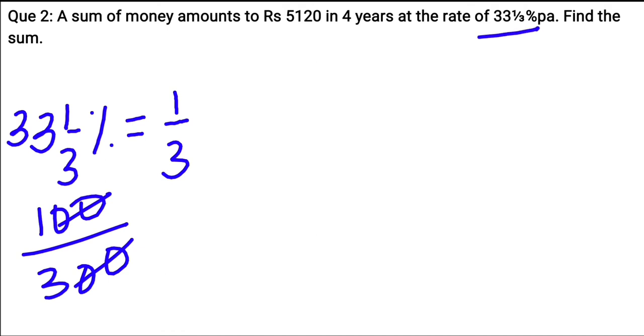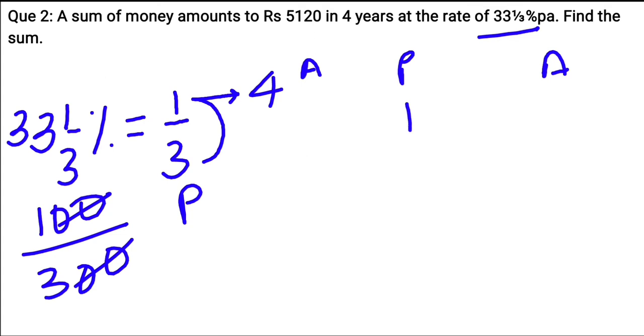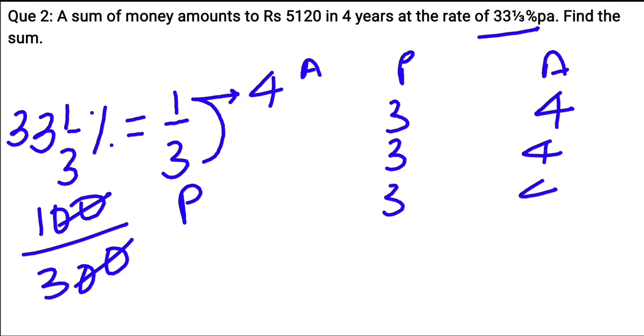Understand? It means if you deposit 3 rupees, how much money do you get? You get 4 rupees. So this is the principal and this is the amount. You deposit 3 rupees and you receive 4 rupees. And because it is for 4 years, we will do it 4 times. Again, the second year we have the same story because the rate is the same for every year. For the third year we have the same story, and for the fourth year again the same thing.